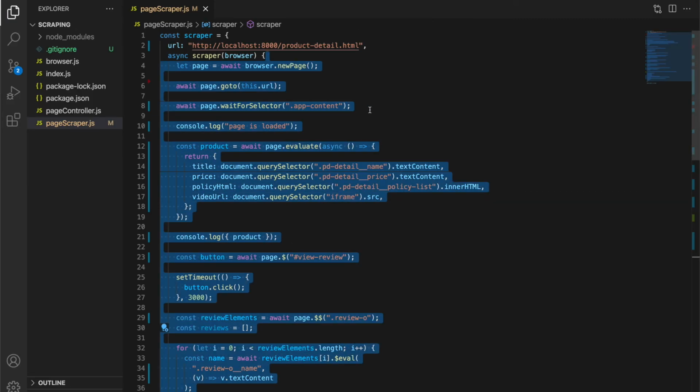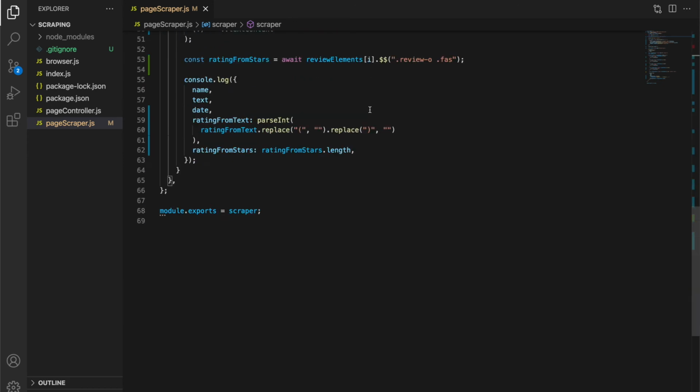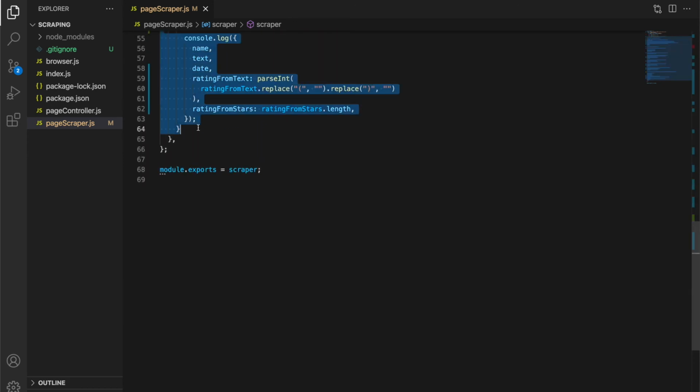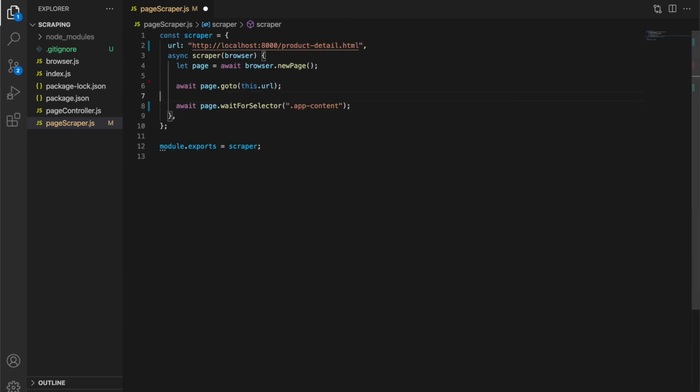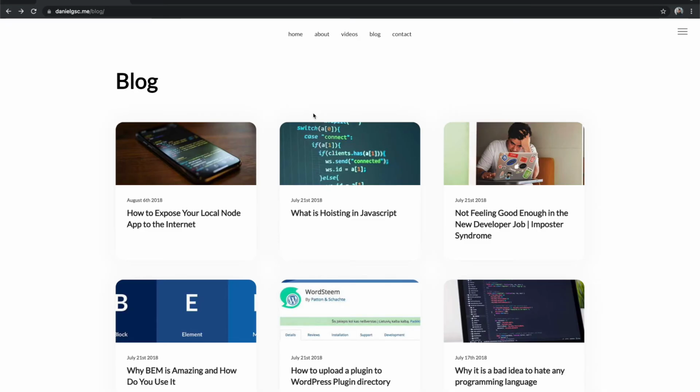Let's delete almost all of the code that we had before. So let's leave just the waiting and going to the page itself. Also, let's change the target URL to the blog. And then we also have to change this selector because it's different.